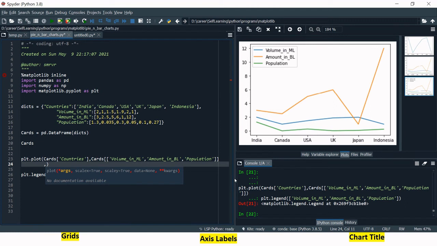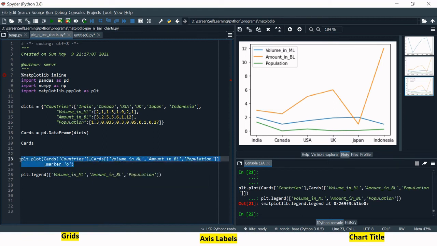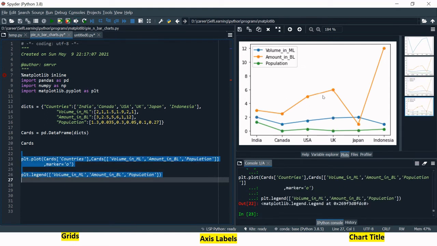Now let's look at the next part. What are we going to add over here? Let's add a marker. How can you add the marker? You simply need to type marker and put the shape whichever you want to add over here. So I'm gonna include a circular marker. All right, just select this and run these 2 lines so that you would have the legends included. Like you can see, the markers have been included over here.